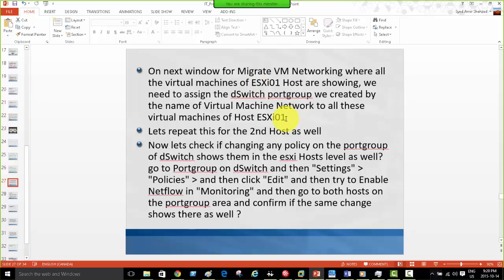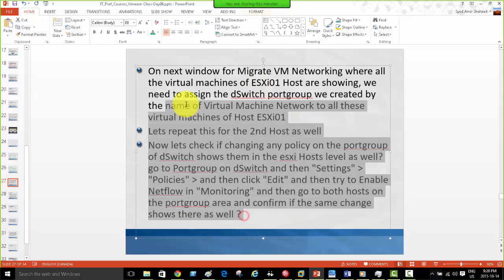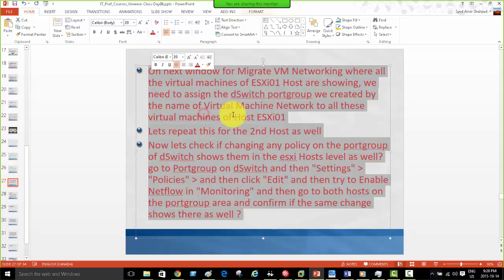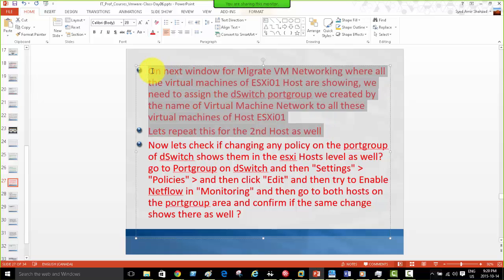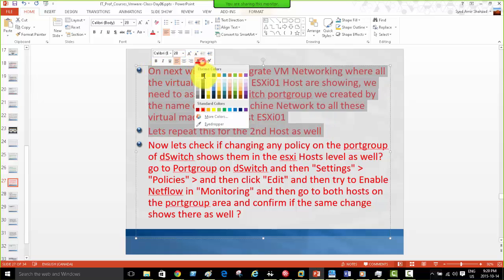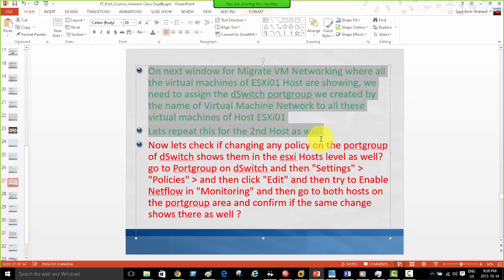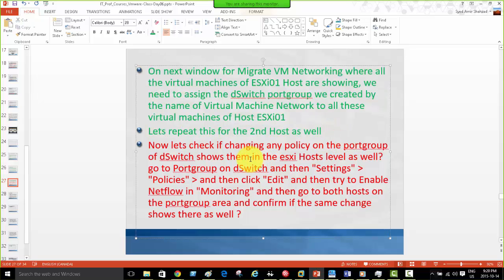So on next window for migrate, where all virtual machines, yeah, done that. Virtual machine network, yeah, we connected that. Let's repeat this for this. Okay, so done. Now let's check if changing any policy on the port group of dswitch shows them in the ESXi host